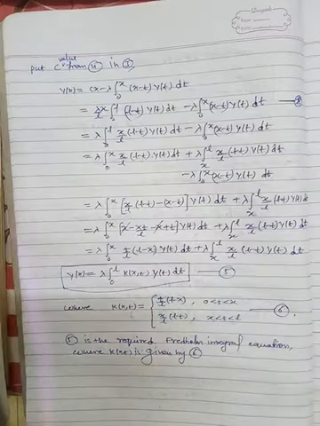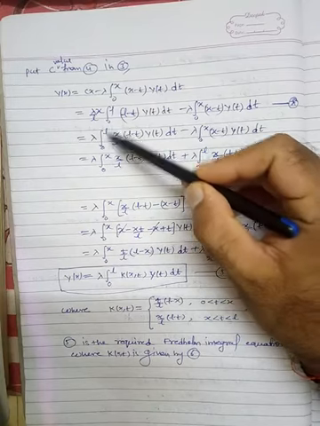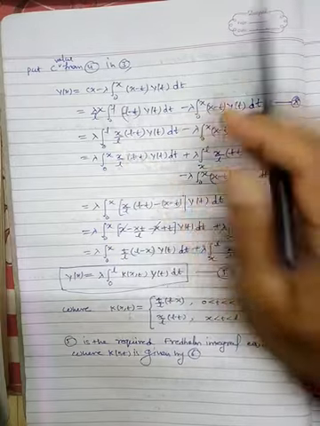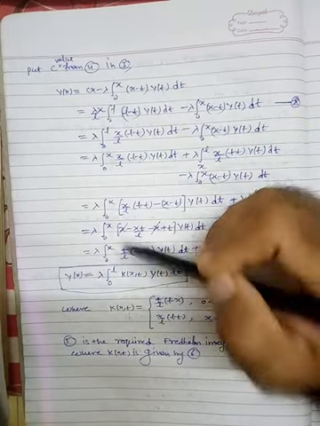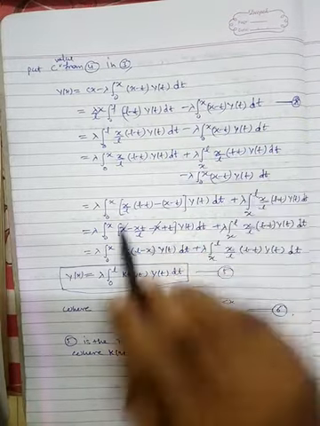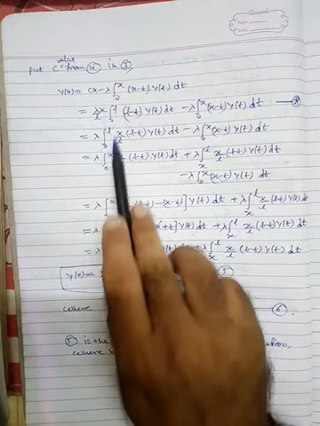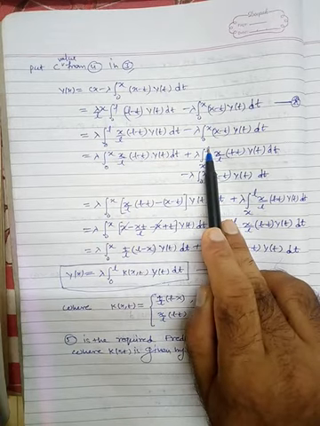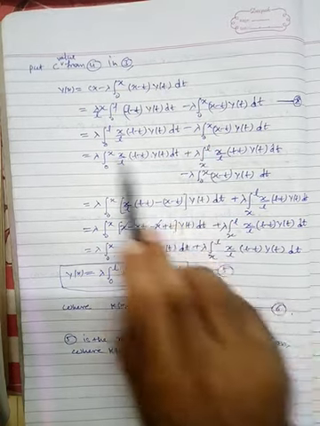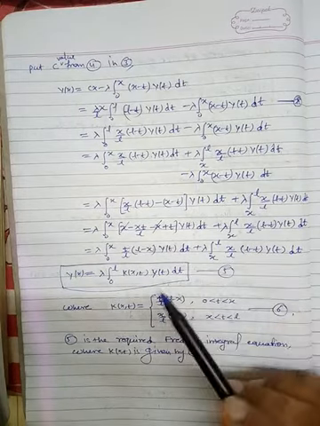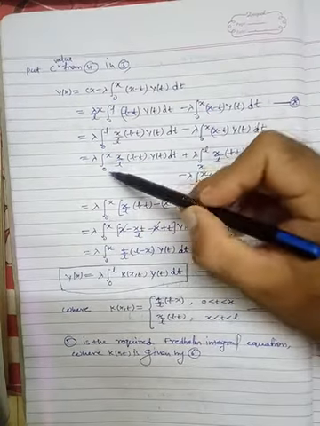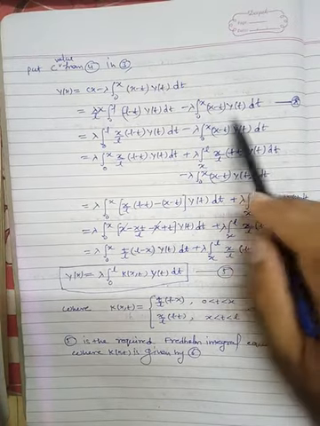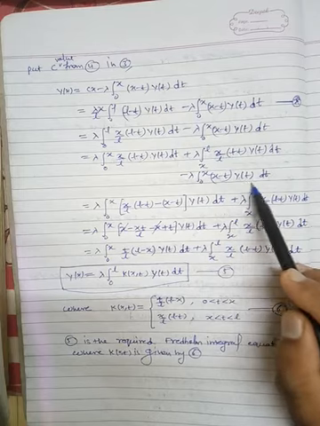Now here we are rewriting this limit 0 to L, or we can divide this limit 0 to L into two parts, 0 to x and x to L. Fine. So we are rewriting this part into two parts. One is 0 to x, another is x to L. So x is basically the intermediate variable. So break this limit into two parts, 0 to x, x to L, minus this term, lambda integral 0 to x, (x minus t) y(t) dt.